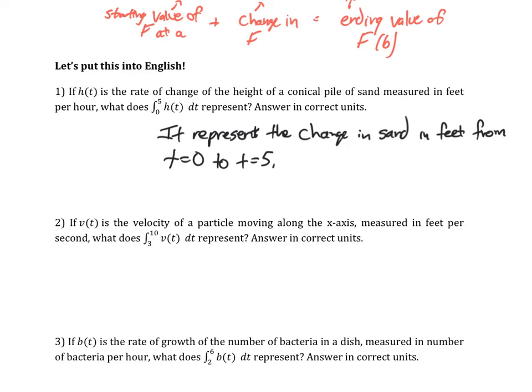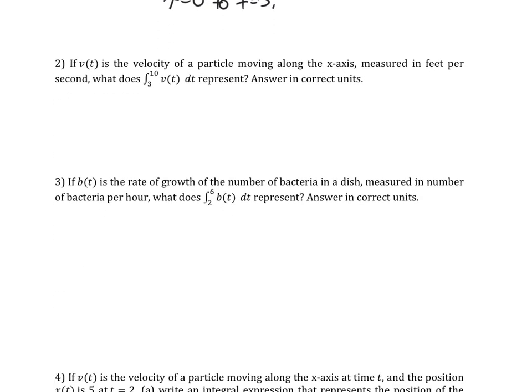I would encourage you to pause the video, try answering 2 and 3 just in English, and then hit play and see if your answers match mine. Okay, hopefully you've done that. Let's do these quickly. If v of t is the velocity of a particle moving along the x-axis, measured in feet per second, what does the integral from 3 to 10 of v of t dt represent? Answer in correct units. We've done integrals with velocity a lot, so hopefully this one was a little bit easier. It just represents the change in position